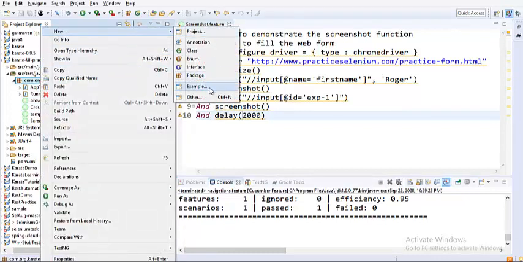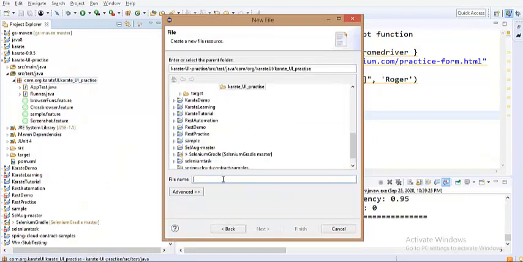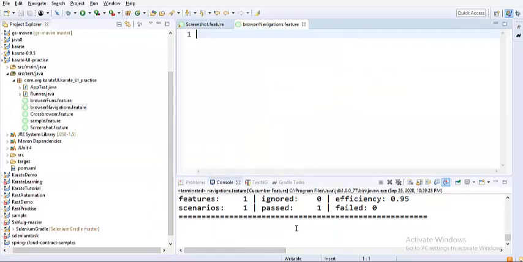I would create a feature file of file type. So I would name this browser navigations dot feature. So this would be my feature file name.